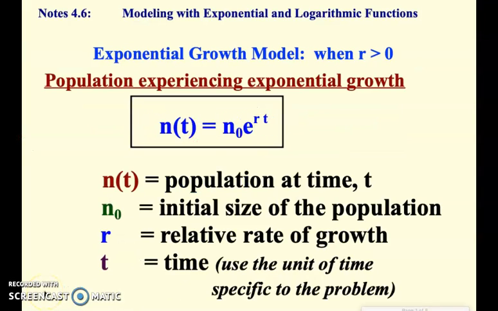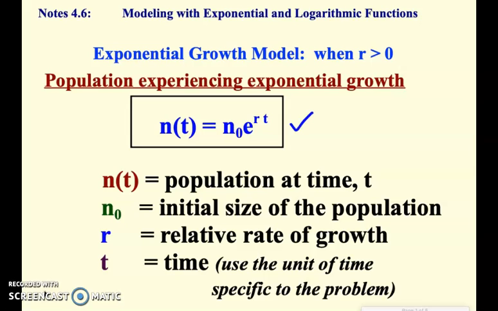Right, 4.6 is modeling exponential and logarithmic functions. And this first video is going to show an exponential growth model. So your ratio needs to be more than 0, clearly, to make it grow. So I just have a couple examples that we'll walk through. But the box formula here